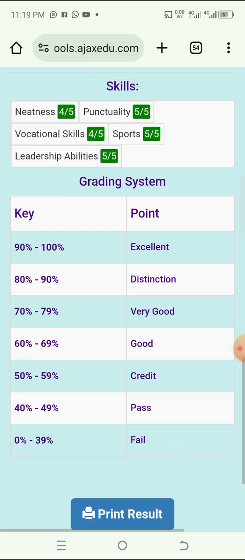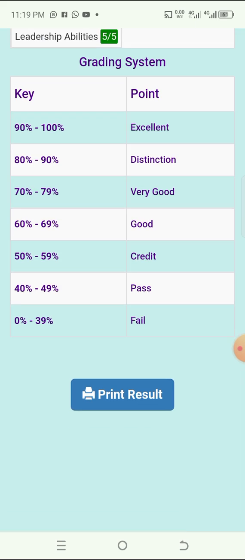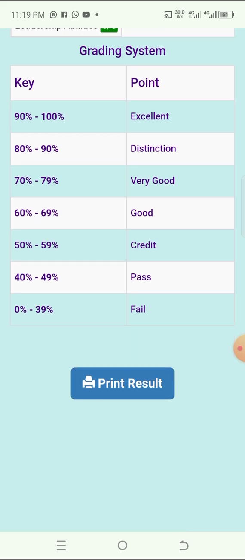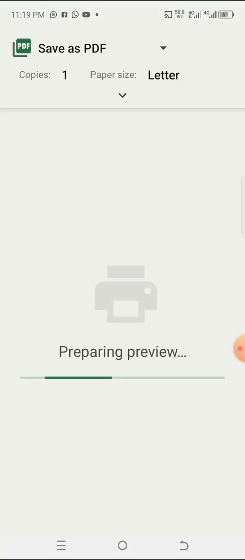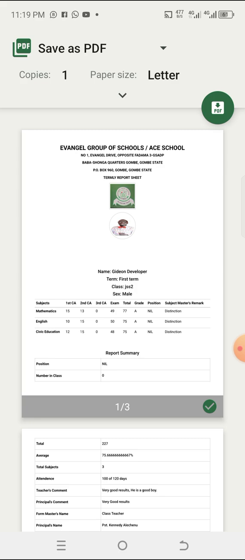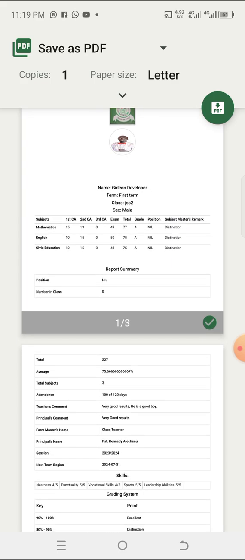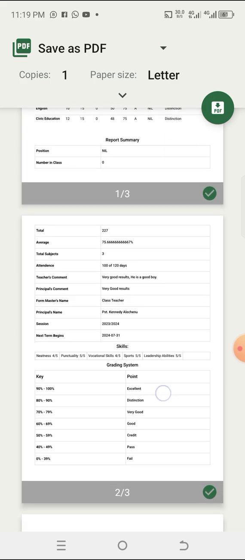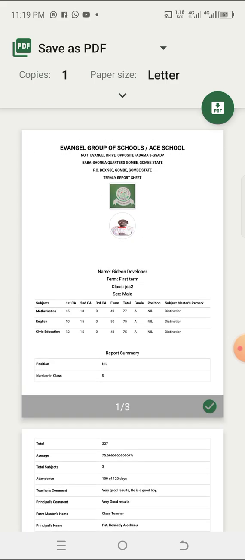Okay, now what we do is to print all this. You can decide to print for the student. Let's say you are checking for a student that you know. Or the student can also check. If the student is checking, the student can decide to print it, or the parent can decide to print it. Just print it here. Click on print result. When you click on print result, it's going to print the result from here. When you are printing the result, you must change it to be on one page. So that's just it.